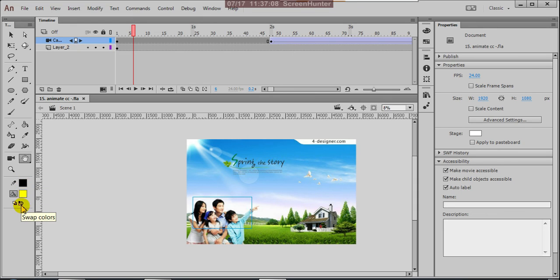So here you can swap colors. Outline color, fill color, and fill color, outline color. So, okay, if you click on that, in the default settings, black and white can display. So these are the tools. Okay, and the next class onwards I'll explain the new things. Okay, so up to today these tools are over.